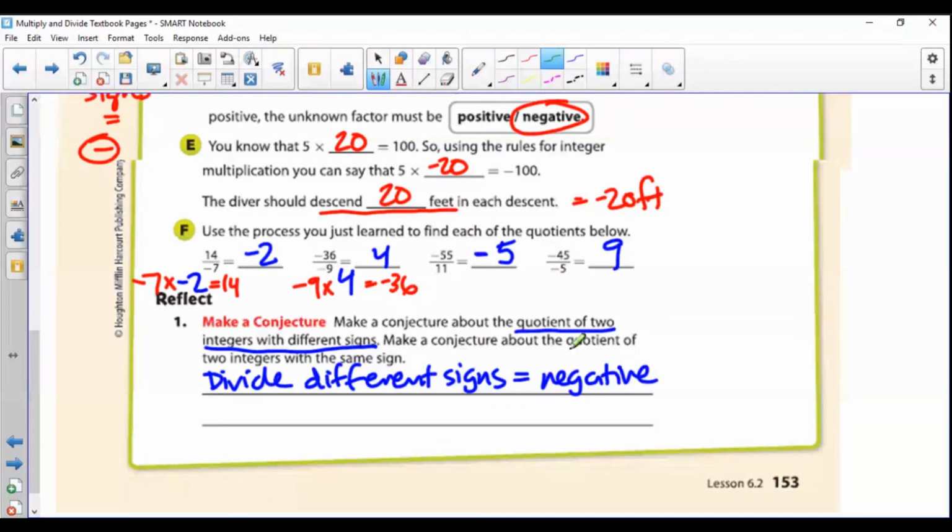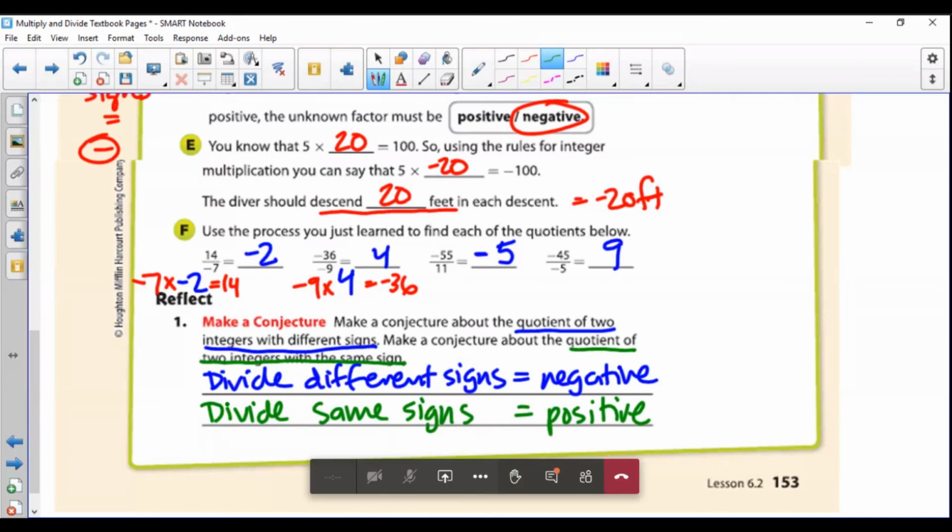And when I divide two numbers with the same sign, we notice my answers were all positive. Okay, and that's one of the most important things that we notice. It's the exact same rule from multiplying integers, and that's something that we're going to really